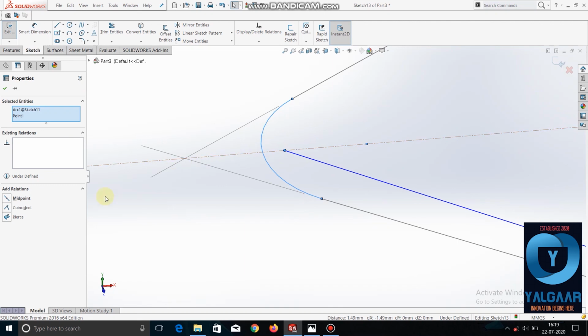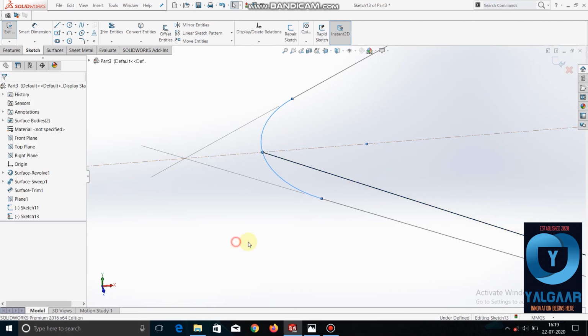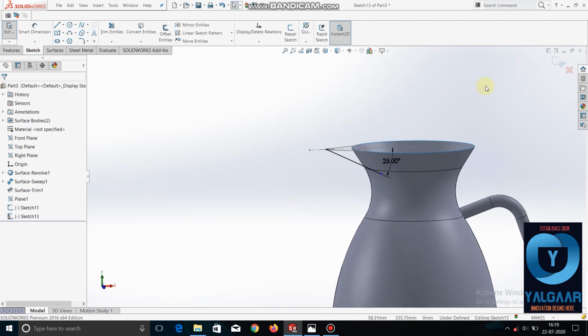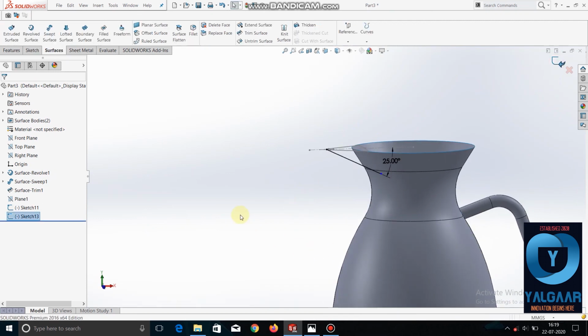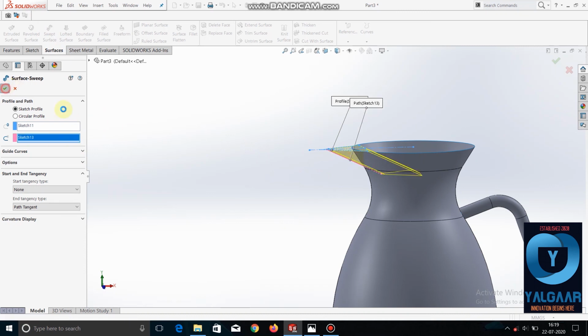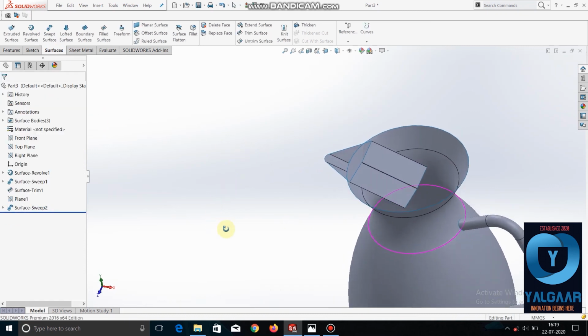So exit, and we have to do just swept surface. Select this profile and give the guide curve this. So now you can see that it is made, but we have to just trim it. Trim surface, trimming tool is this.